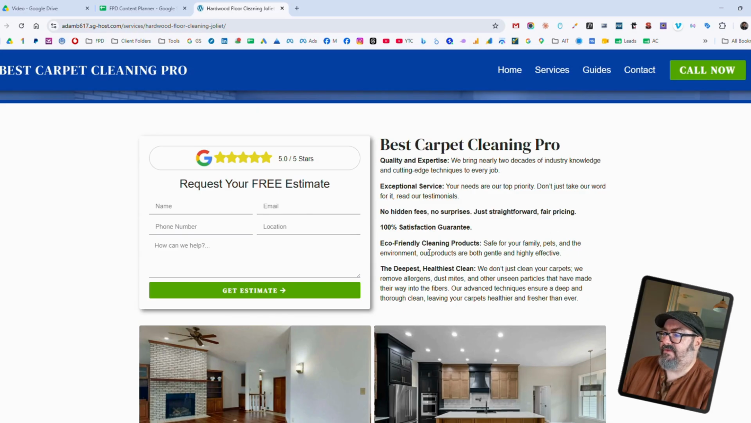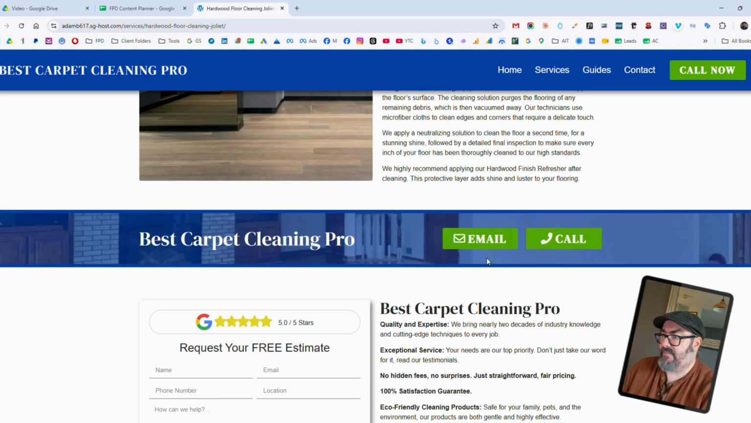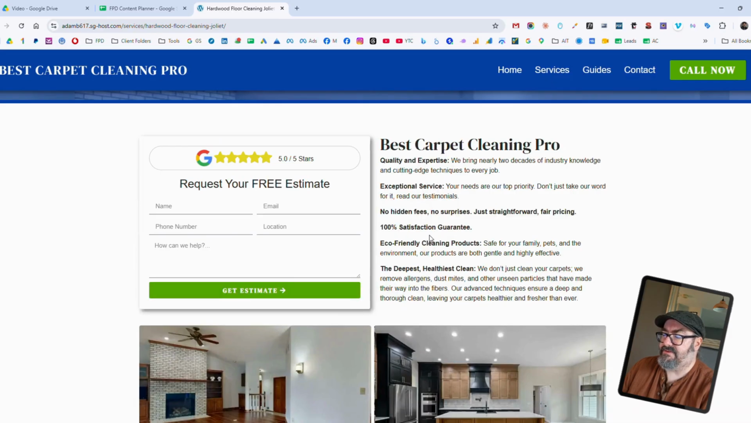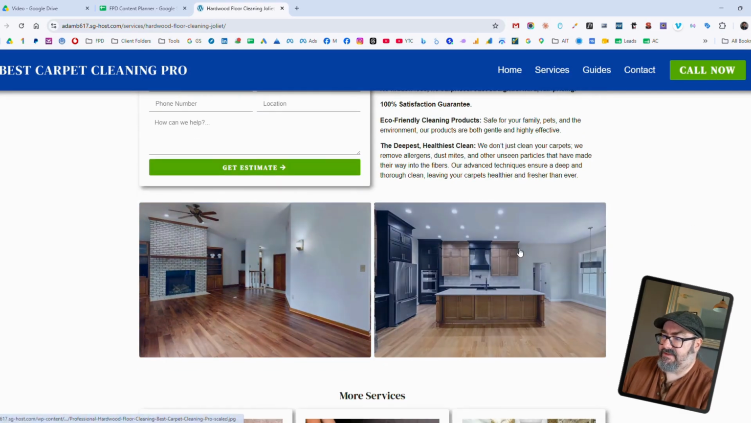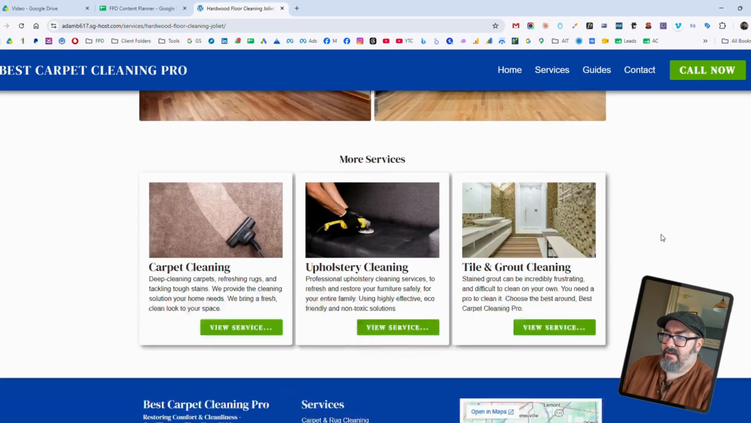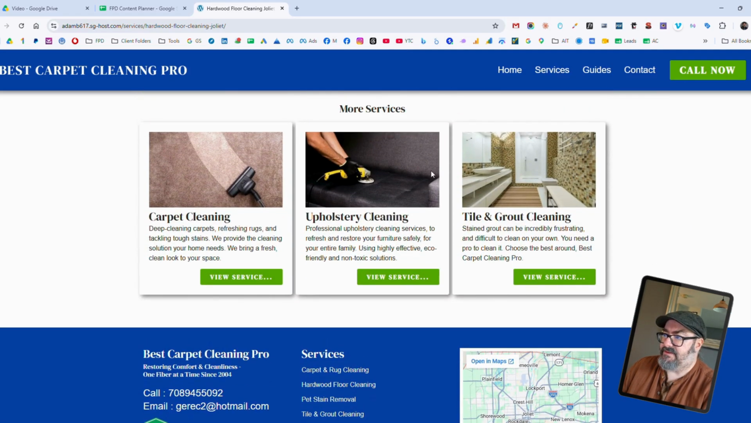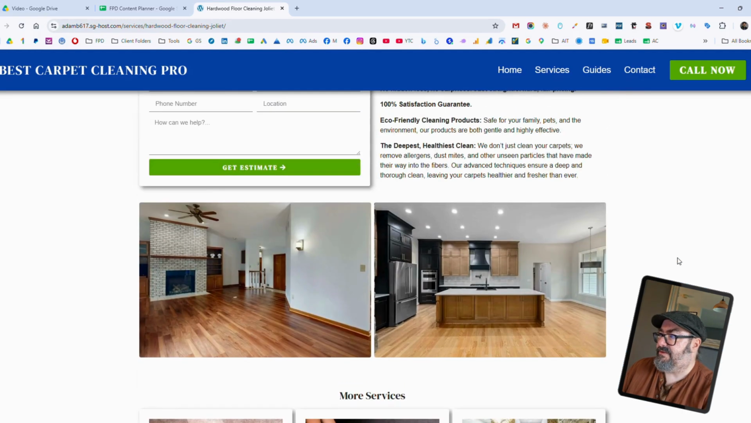So this is an expansion of what's in the bullet points above. So more reasons to choose this company. Some more high quality images. And then lastly, more services. So you want to tell people that you do other stuff. They might have landed here and they need this, but they also need other things. So tell them that. And that's it for the service page. If we look at services here,